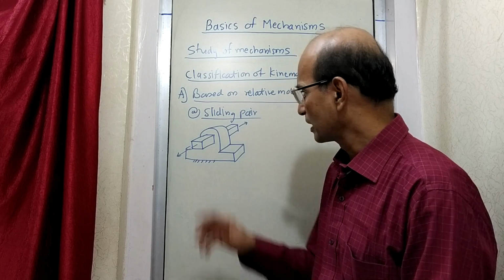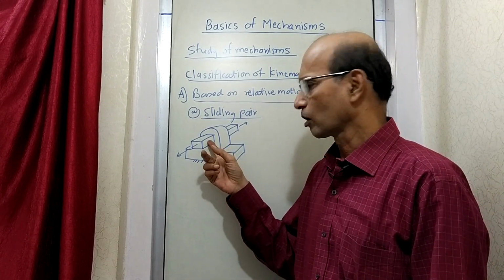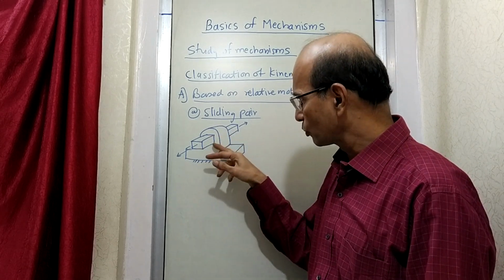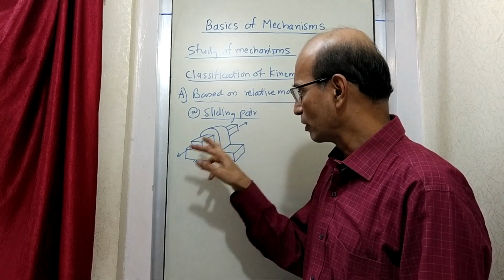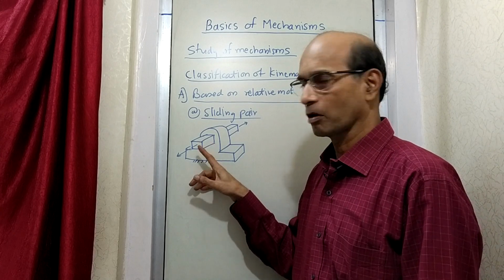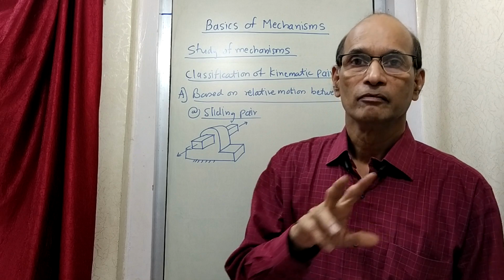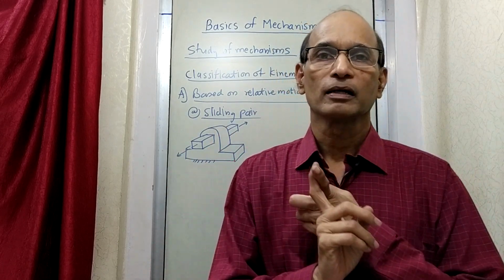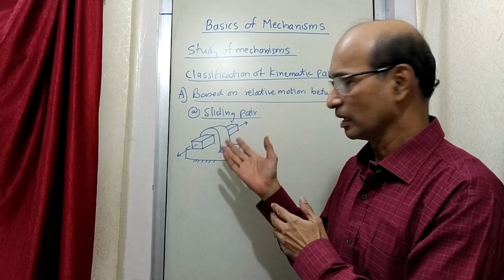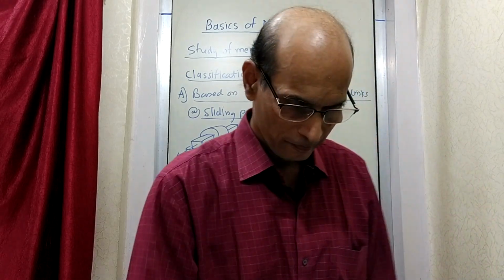Now what you see here is there are two objects. This is one object, something like a bush, and then there is another object, like a square rod you can say. Now this square rod is put into the square hole which is there in the bush, and this square rod is performing a sliding motion. So there are two parts, one is fixed, the other is performing a sliding motion, and as per the definition there are two links connected together and their motion is constrained in just one line. Therefore, this is becoming a sliding pair. This is an example of that.